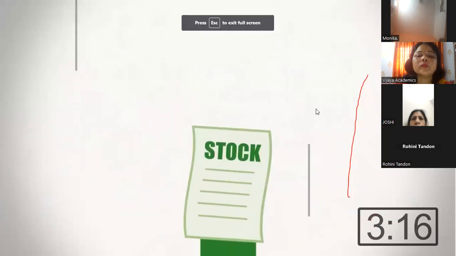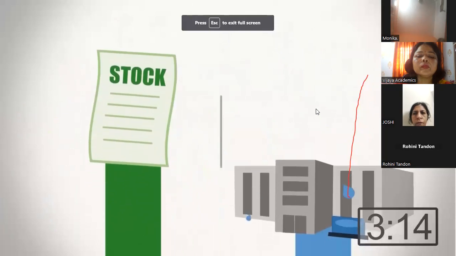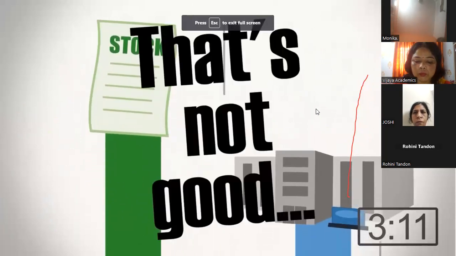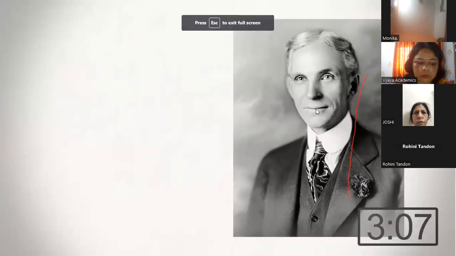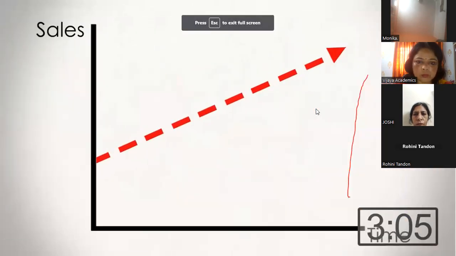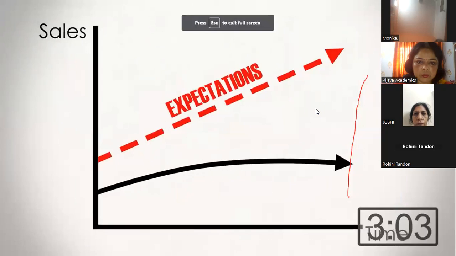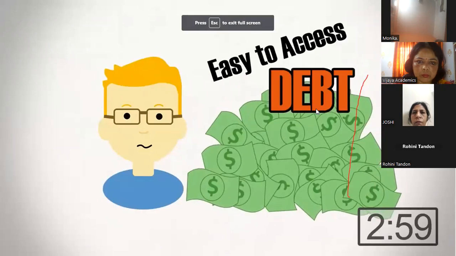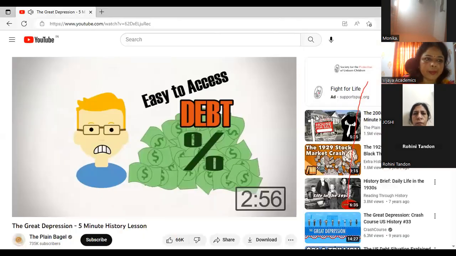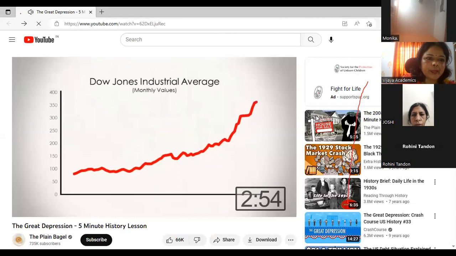In fact, the stocks are rising so fast, companies are having a hard time keeping up and justifying their stock price. Wait, that's not good. And hold on, production actually seems to be slowing down. Henry's not making as many Model Ts, and people aren't buying as many things. It looks like companies may have overestimated their growth, and now wages are falling. And all that easy cash is debt? Well, people have taken out quite a bit, and interest rates are starting to rise. But wait a minute, the stock market is still up. That doesn't seem